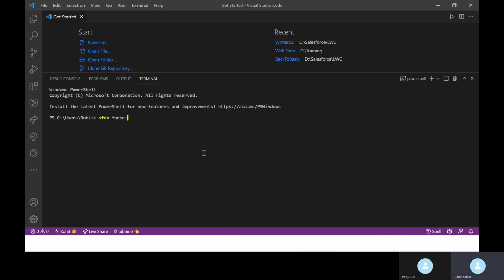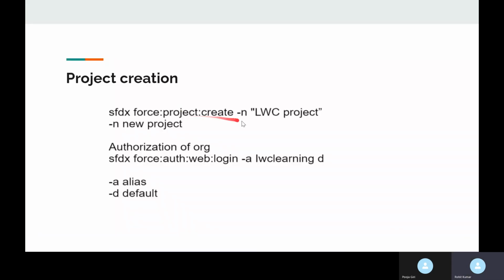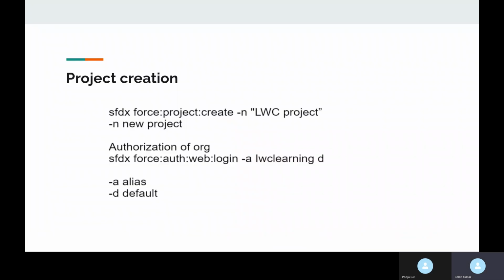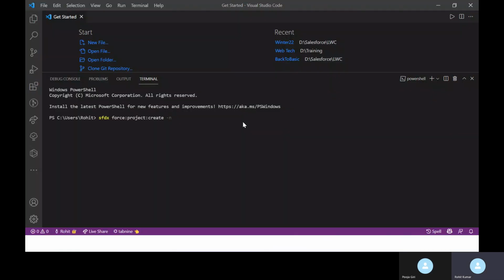Minus n means new, and give your name in single quotes, like LWC project, something like that, right? You can create your project with the help of this.